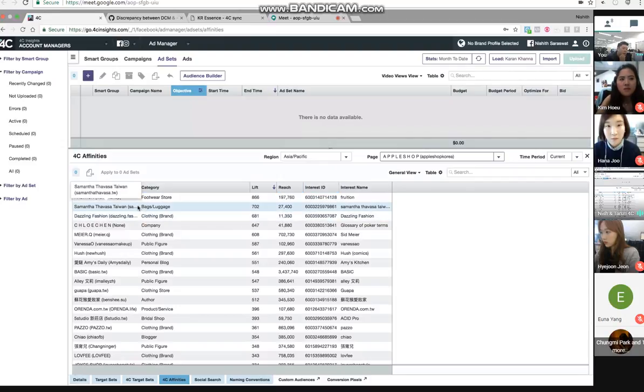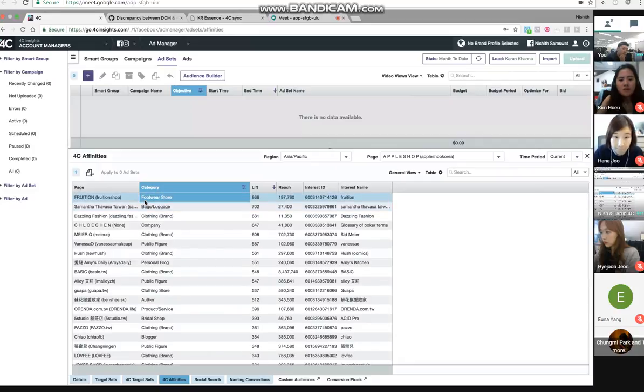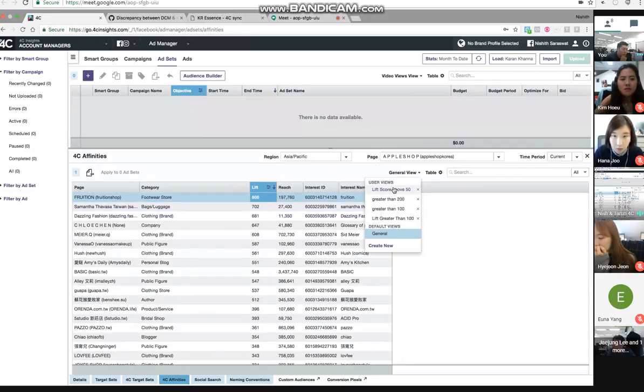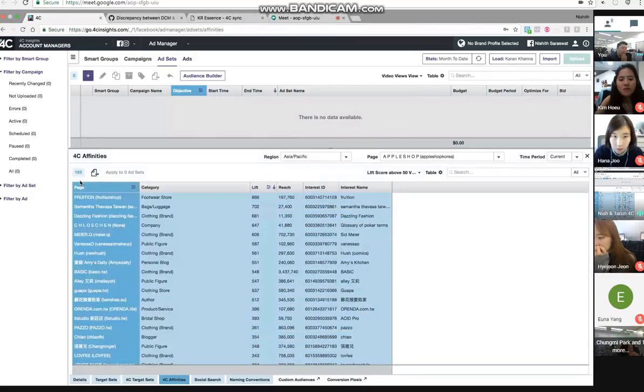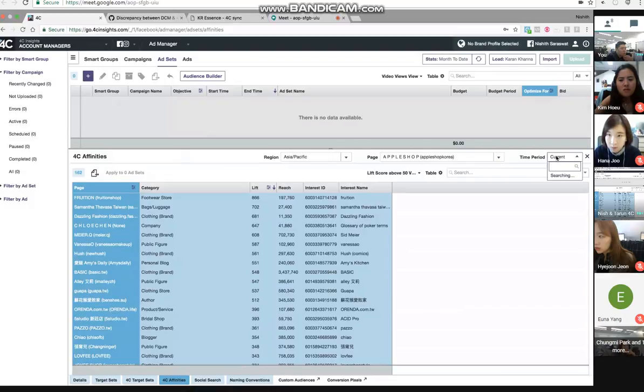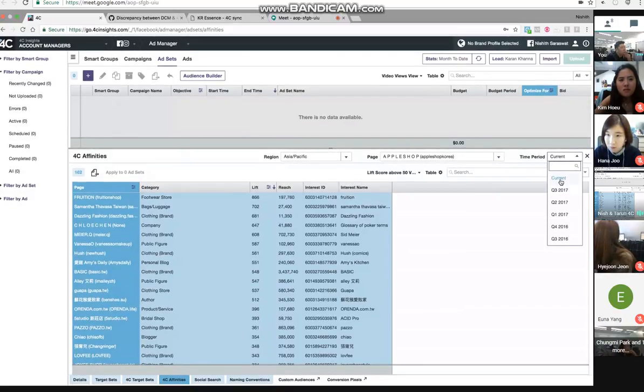So to apply this to your ad sets would be very straightforward. You can just select the brand, all the pages which have lip score more than 50. In this case, there are 162 pages. And if you had an ad set, you would just select that ad set and click apply to ad sets. So that is how easy it is to generate an affinity and apply it to an ad set. Just to show you exactly how these vary with time. So as you can see, we have historical data from Q3 2017, Q2, all the way back to 2016. And if I want to see what the